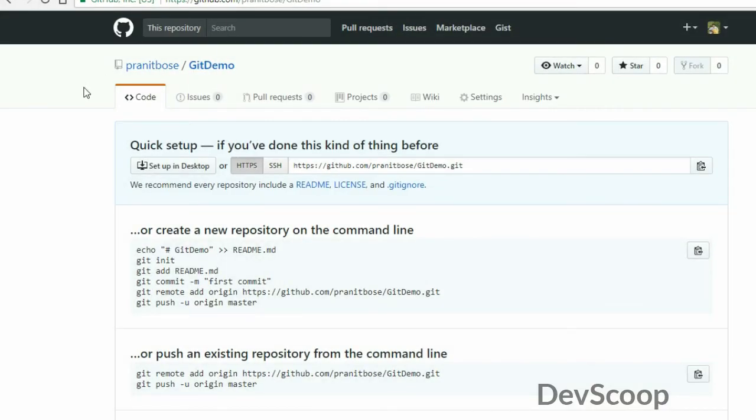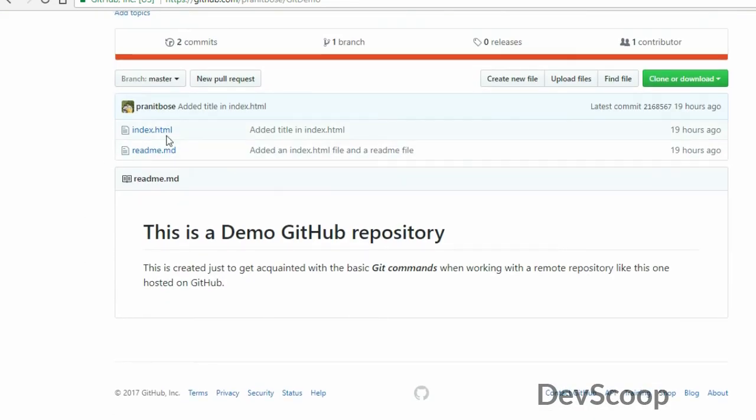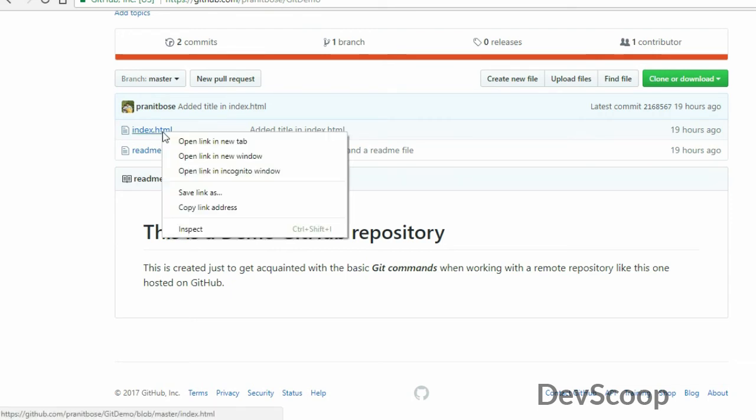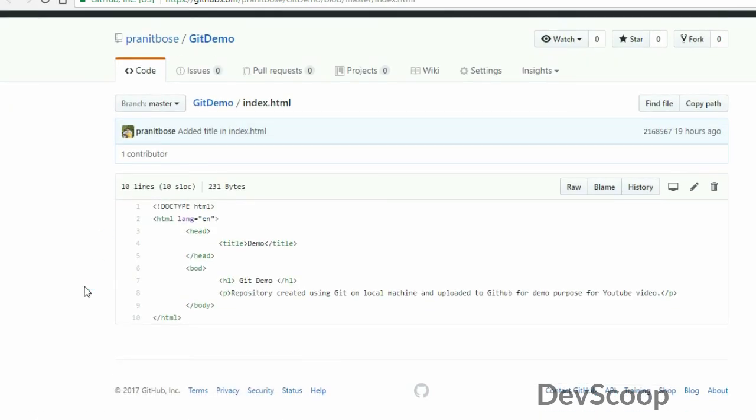So let's check our repository, and there you go, we have the index.html file uploaded. And if we open this file, it has our HTML code that we had written,